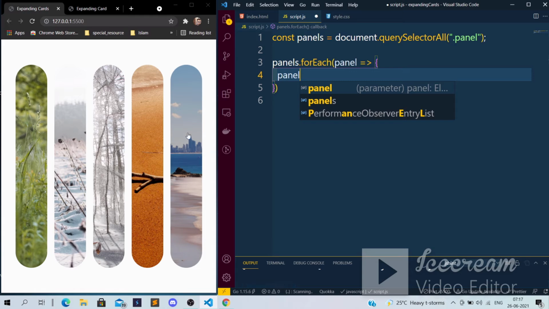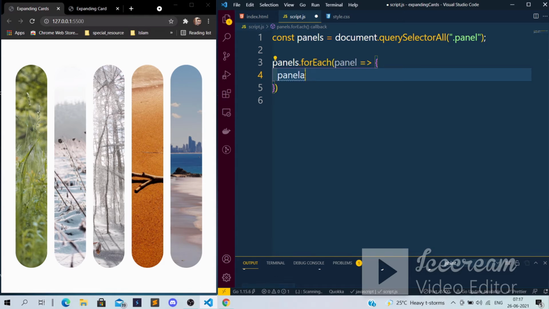So now if I click on this blue one, the active class should be added here, and suppose before that, if the active class is already added on the orange one, I want to remove it. Why? Because I have clicked on the blue one. So that's what I will do.